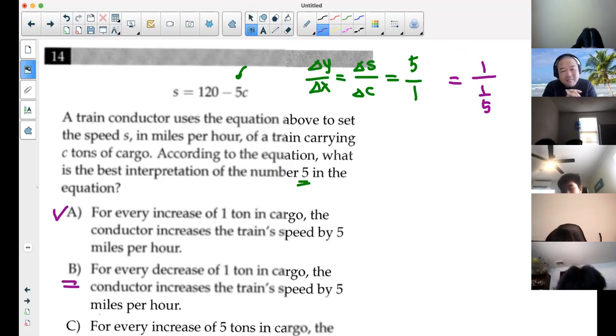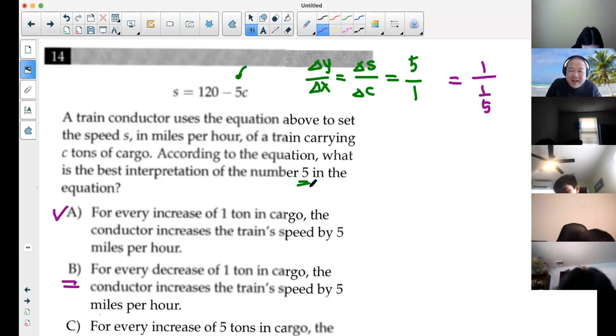So if you got it wrong by typing A, then I'm sorry, they made a typo. Based upon how it is written, in fact, the answer should be A. What the question wanted to do, sorry about that, guys, was give it as a -5 instead of 5. When you have a slope of -5, while one increases, the other one has to decrease, isn't it? That's the concept they were looking for, but they wrote the question wrong. So sorry about that. So hear me carefully. If the slope was -5,